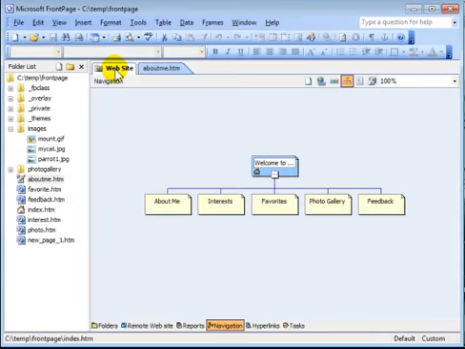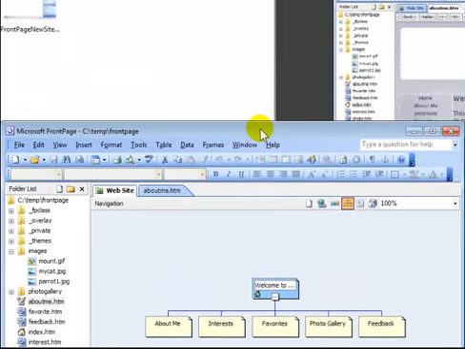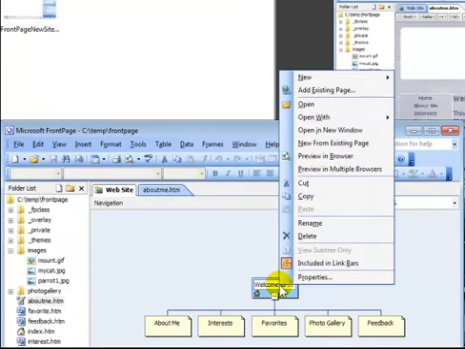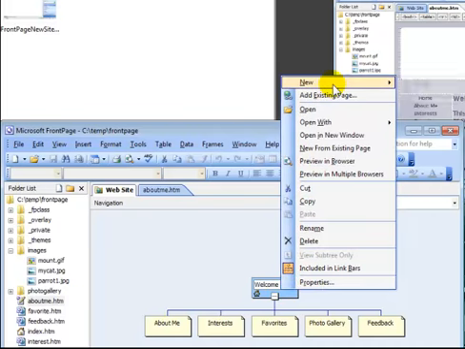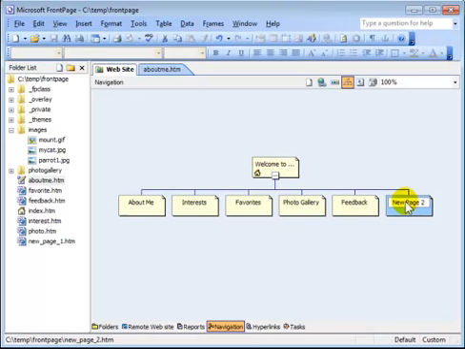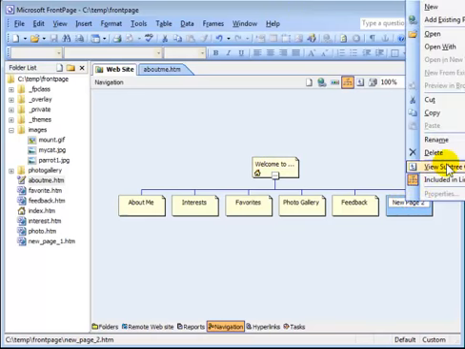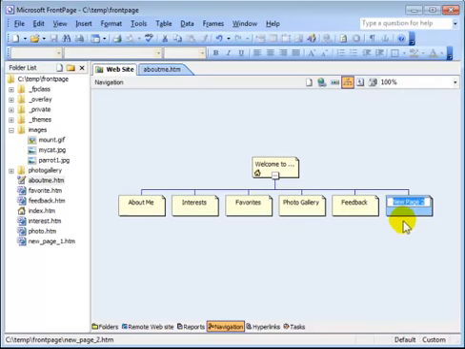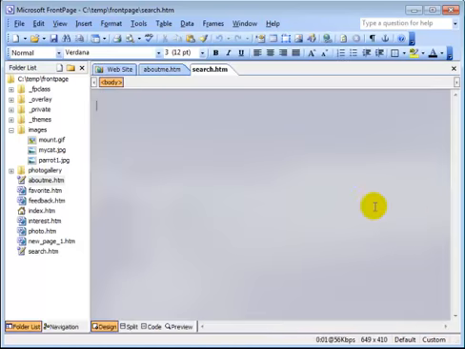Let's look at how we can add a new page to the website. Let me move this a little bit. From the home page, when you highlight the home page, click the right mouse button. You can choose New Page, and you will find that a new page has been created. For instance, if we want this page to be called the product search page, it is created under home. If I double click, I'm going to say search page,